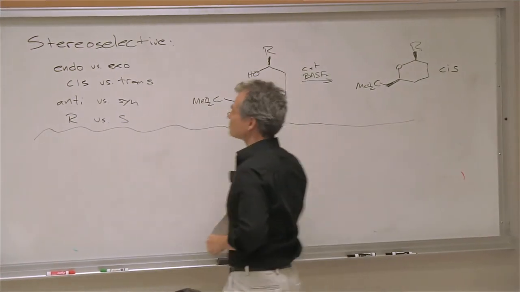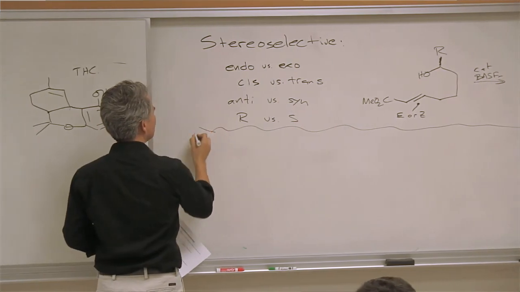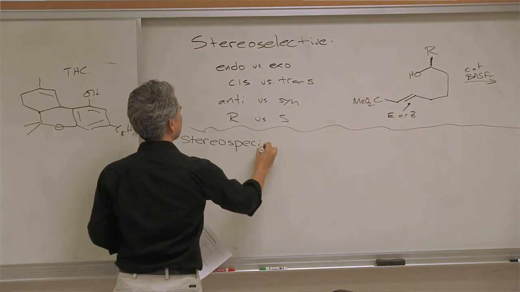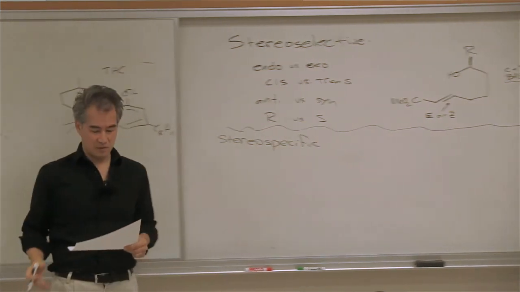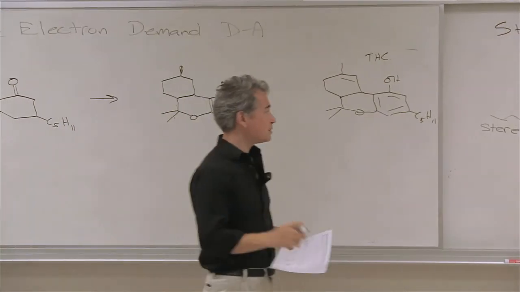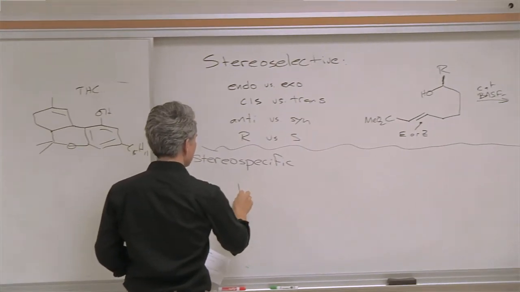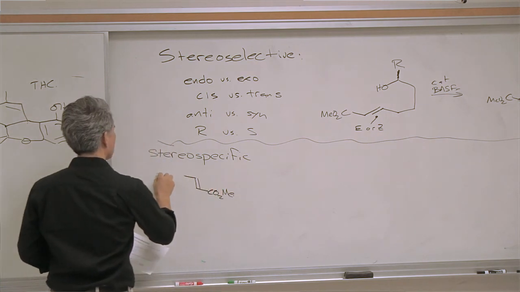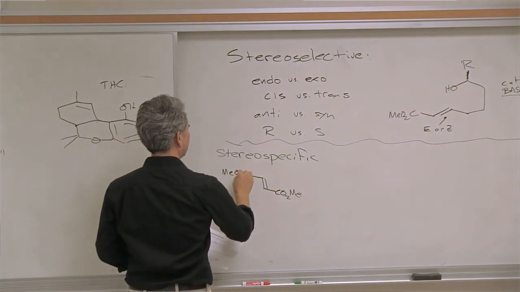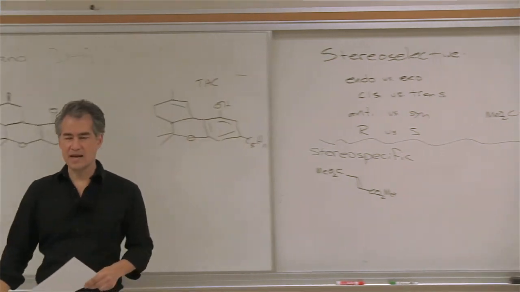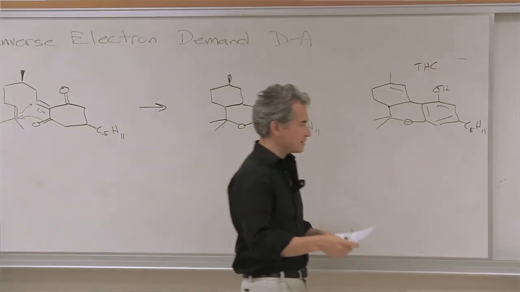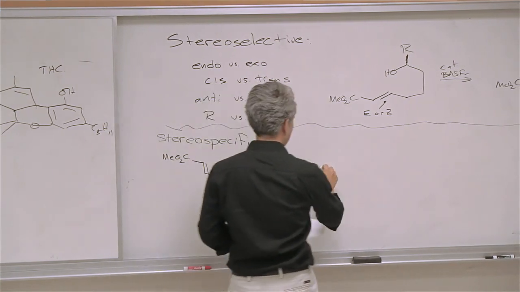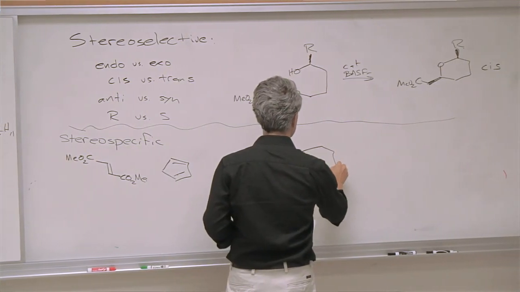Now I want to contrast this process up above that's stereoselective with one that's stereospecific. Diels-Alder reactions are stereospecific. And they're stereospecific because the stereochemistry of the starting materials determines the stereochemistry of the products. So if I start with this dienophile, this is called dimethyl fumarate, and I do a Diels-Alder reaction, the product that you get out of this reaction